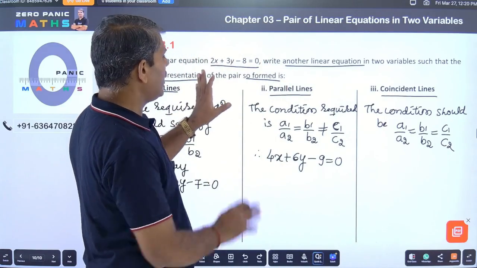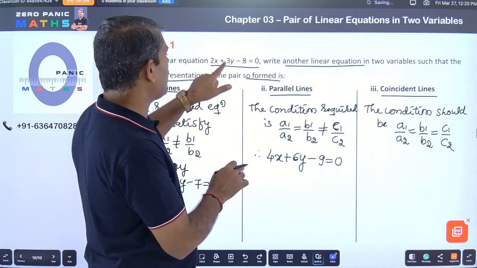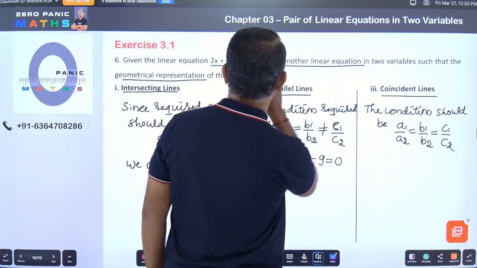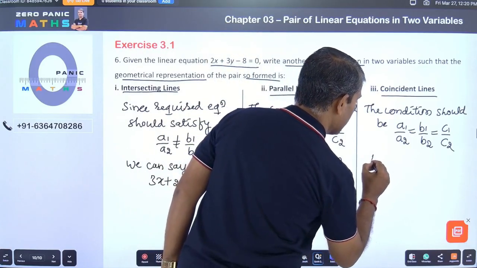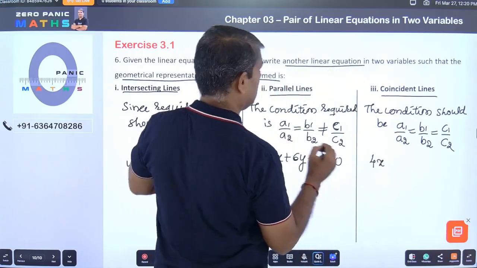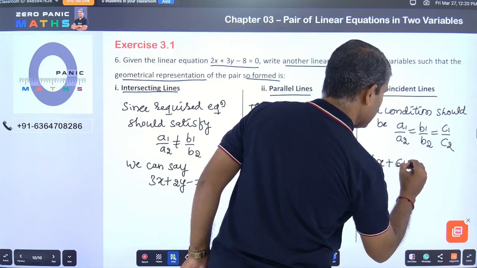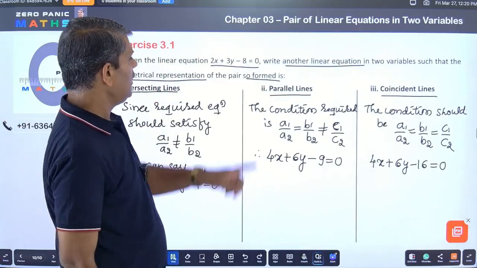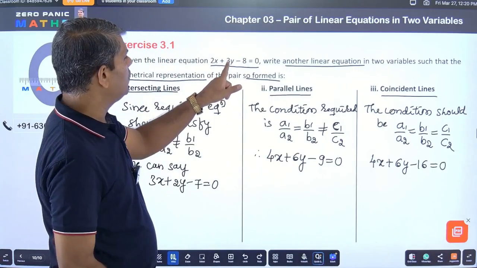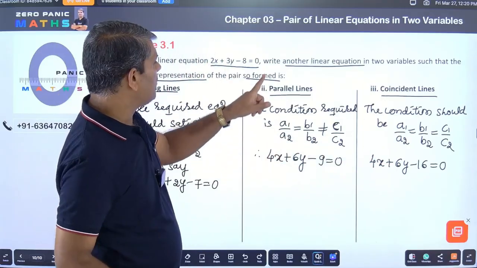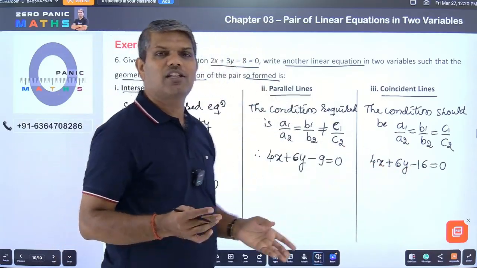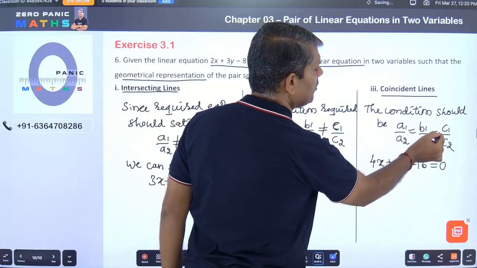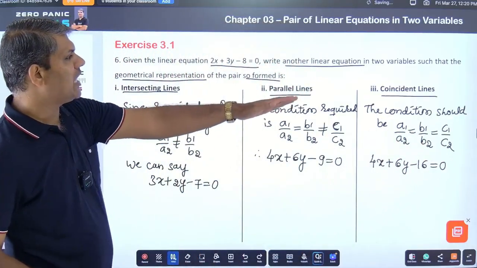So instead of writing the same variables or same coefficients, I am just writing twice of the coefficients. So I write 4x plus 6y minus 16 is equal to 0. You see, 2 by 4, 1 by 2, 3 by 6, that is also 1 by 2, minus 8 by minus 16, that is also 1 by 2. So that actually satisfies the condition a1 by a2, b1 by b2 and c1 by c2, creating a coincident line